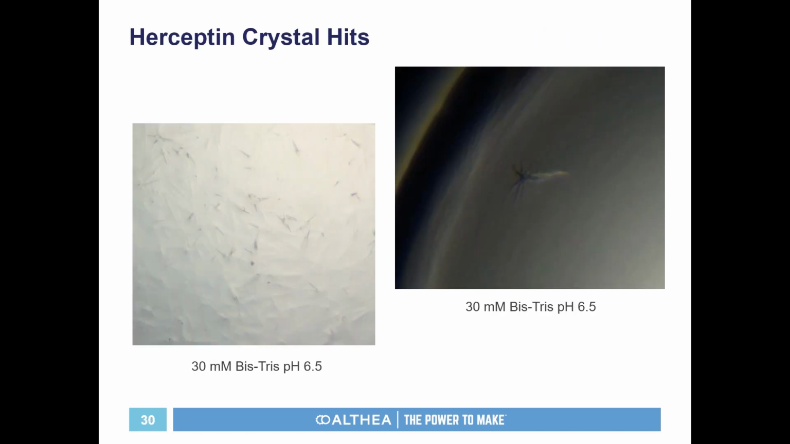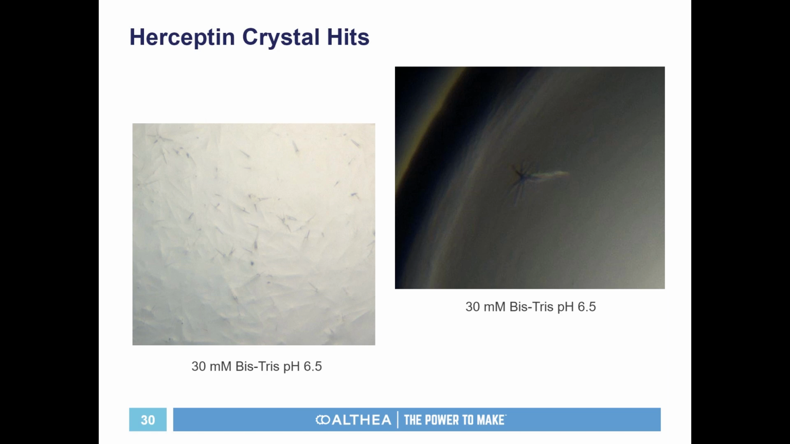So here are some crystal hit examples of what they look like. You can see that some of these, there's only 2 here out of those 48. But it's just something that we want to show. You know, everybody likes to look at crystals. Pretty pictures are, again, also awesome. So here we have needle-like crystals that we were able to produce using that 30 millimolar Bistris, pH 6.5 buffer